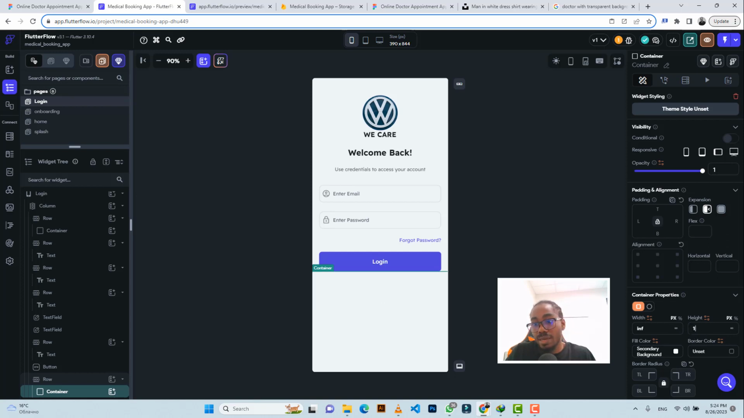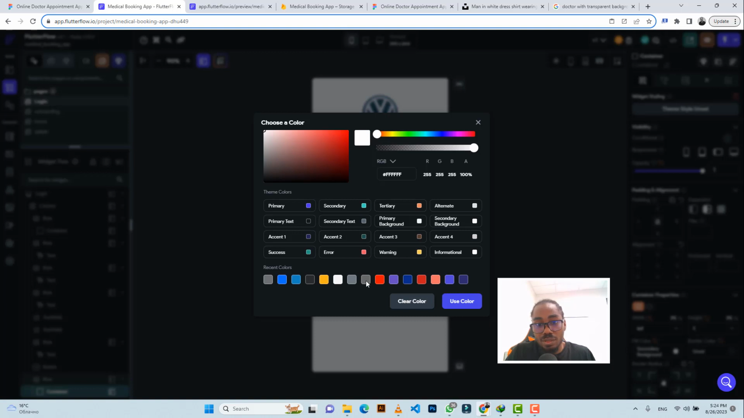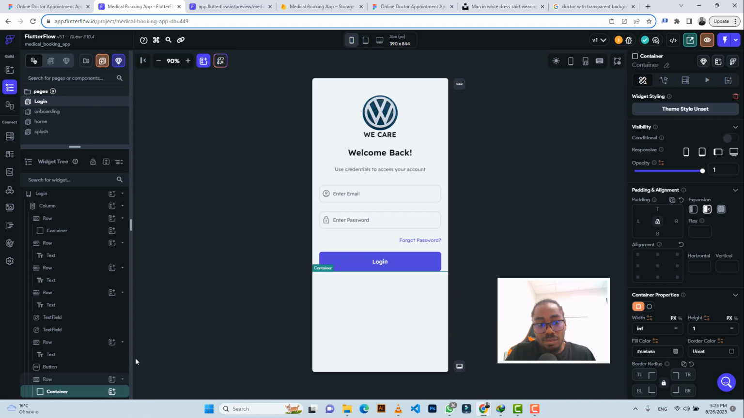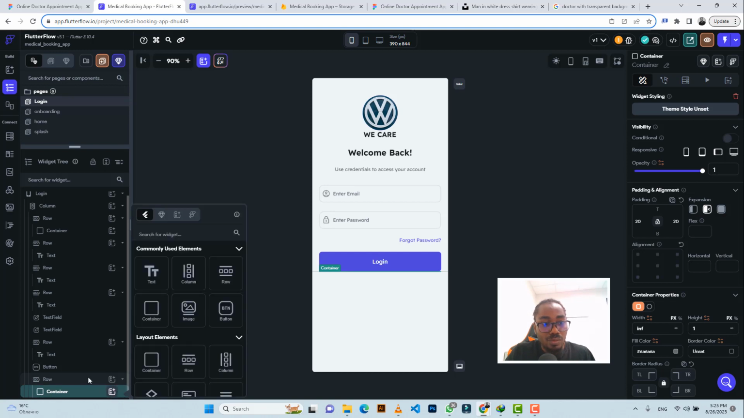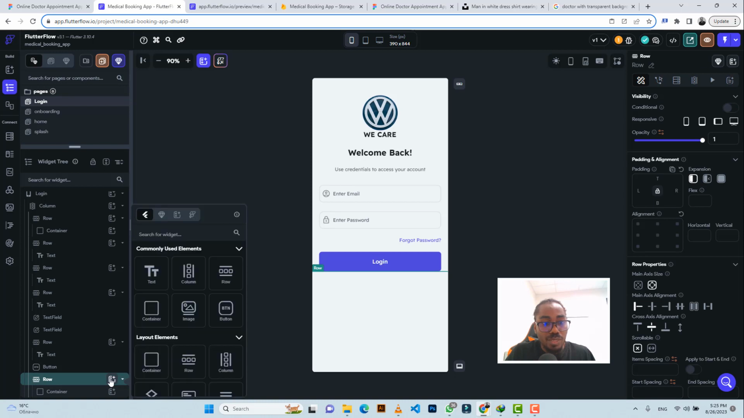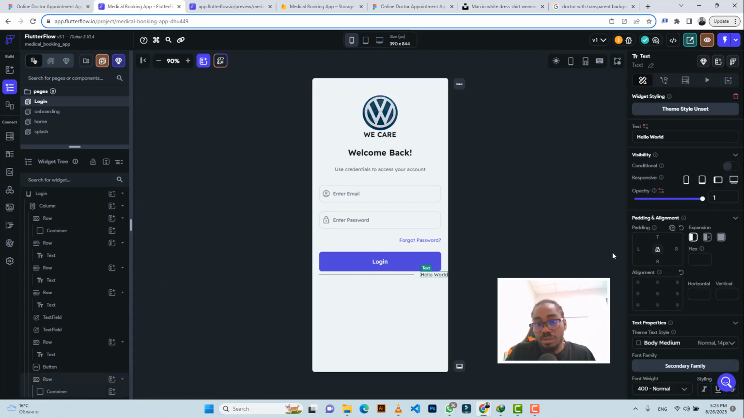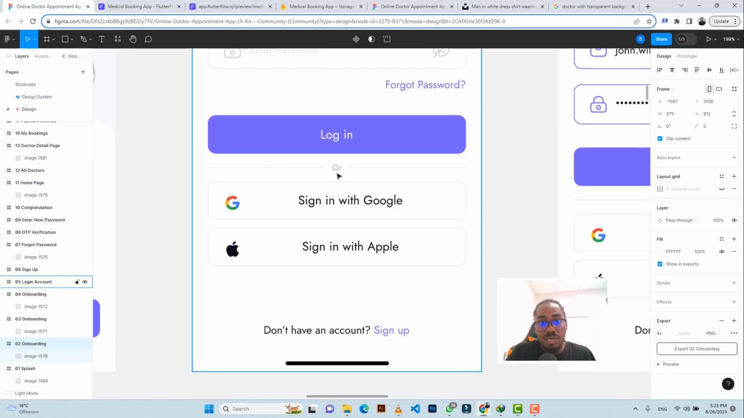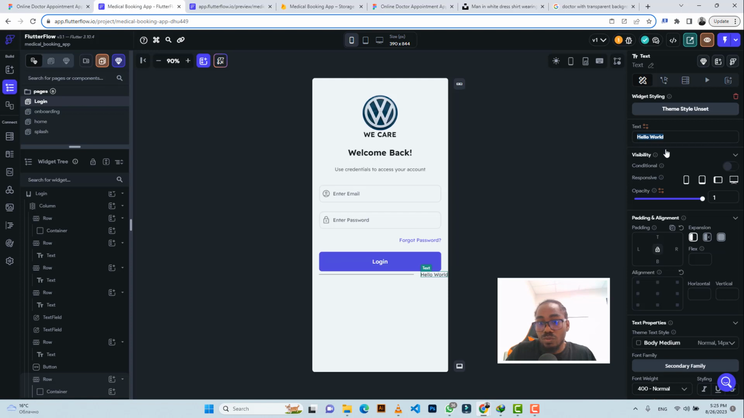Okay, and then I want these to be maybe this particular color. All right, and I want it to have a padding of 20 on the left. You will get to see all of this, and maybe a little padding of 20 on the right as well. Then now I want to add a text in the row. So now this is going to be the OR that we have here in the design. So we have this gray line, then OR, and then that line again. So we'll just say OR,